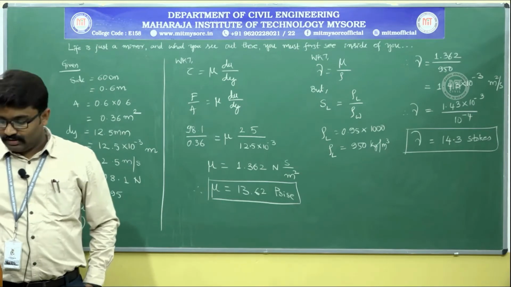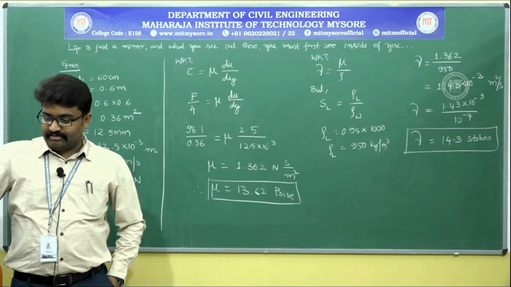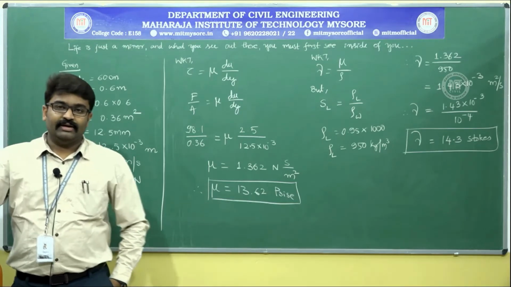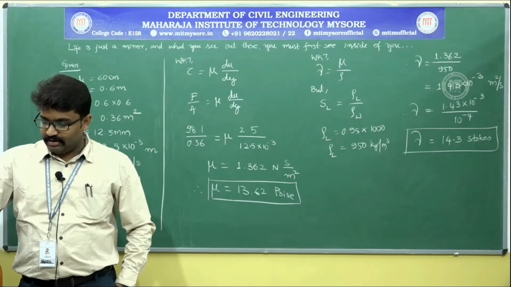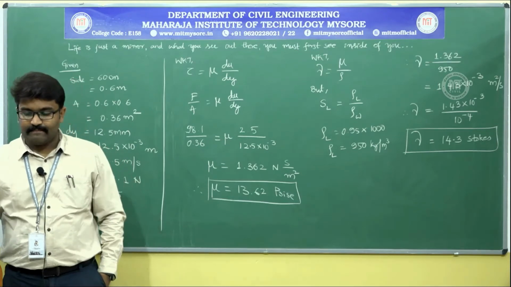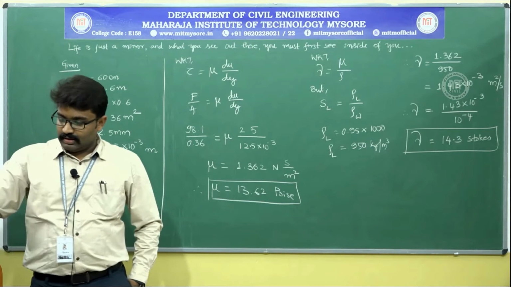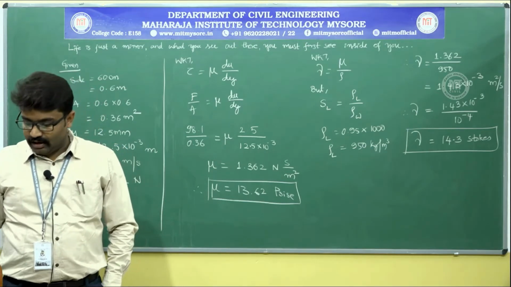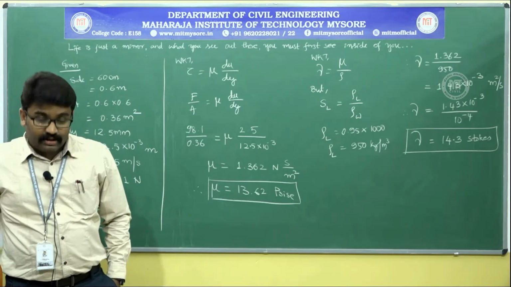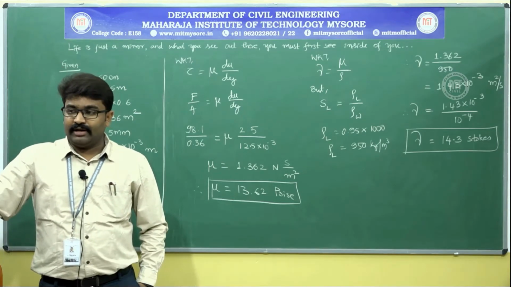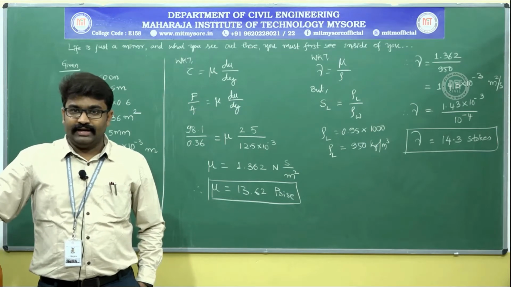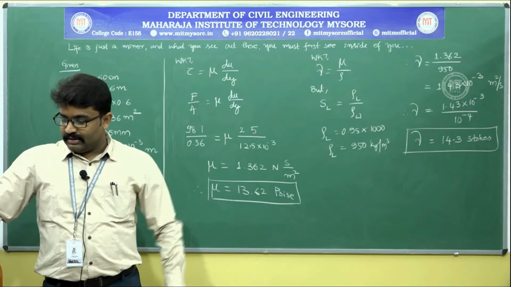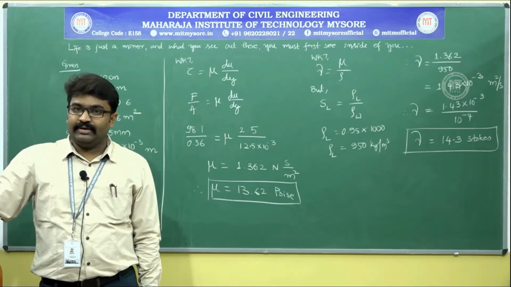Next problem. Find the kinematic viscosity of an oil having density of 981 kg per meter cube. The shear stress at a point,